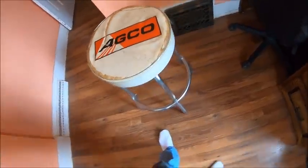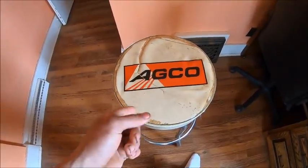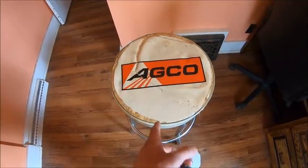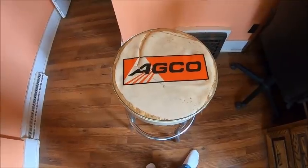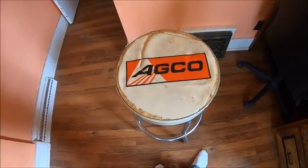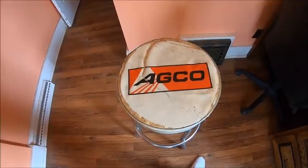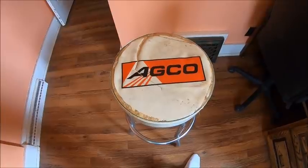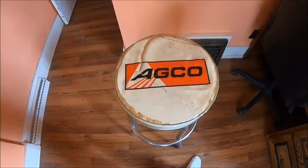This is just a counter stool from the dealer that we actually think sold. We've got no proof of it other than the keychain, but we think it came from the dealer where my 1950 T was sold new. They at least had it at some point because it has a keychain from the dealer, but we're pretty sure they sold it new because it came from that area. But about 2 or 3 years ago, they got bought out by the New Holland chain around here,